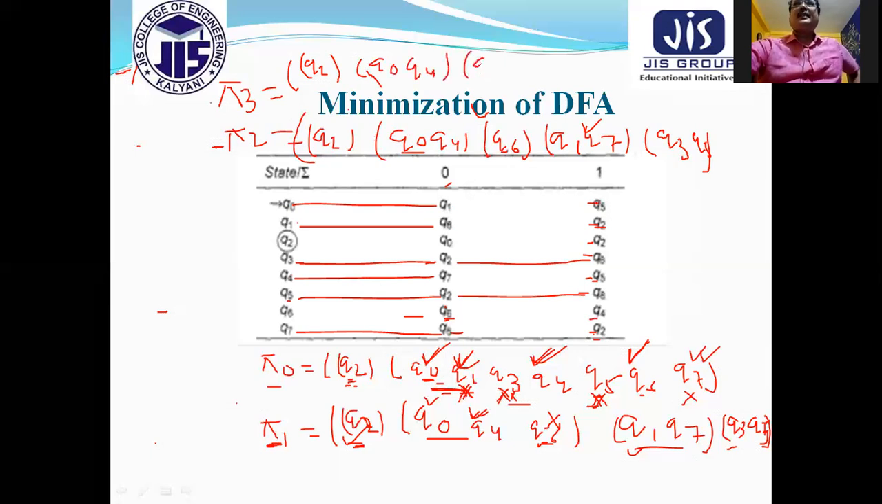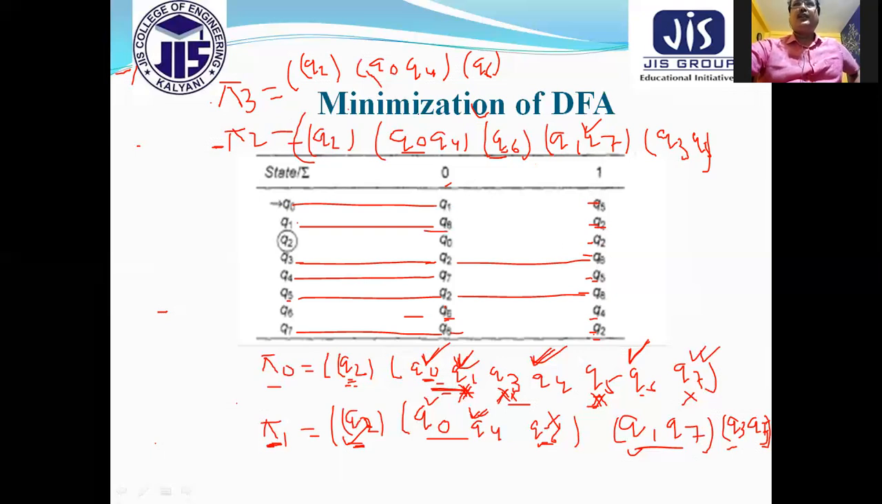Now Q6 is a single element, not required to compare. We have to write it as it is. Q1, Q7 again we have to check. Q1 goes to Q6, Q7 goes to Q6. So Q6 obviously is the single set of pi 2, so we don't get any problem. Again for the value of this one, it is Q4 and